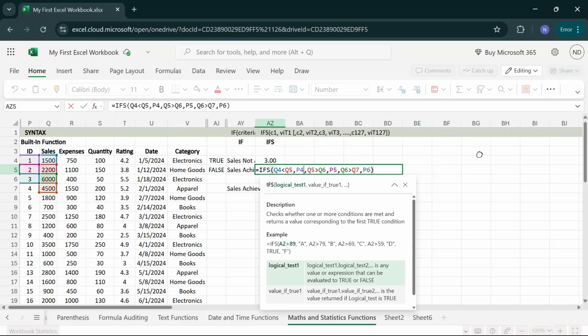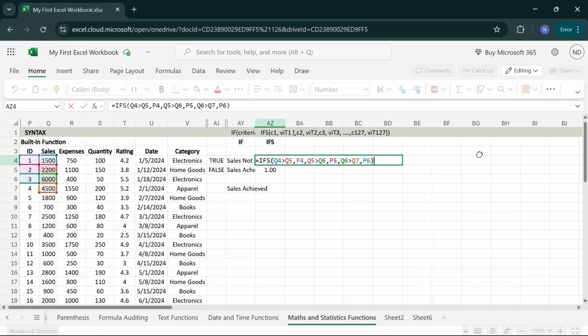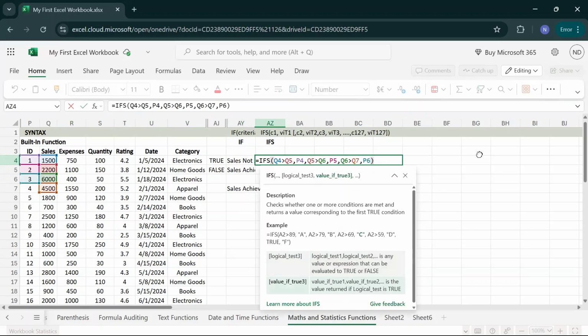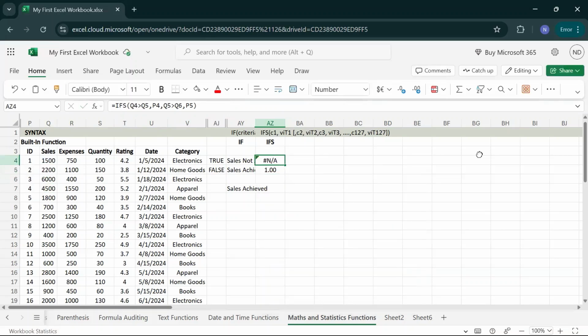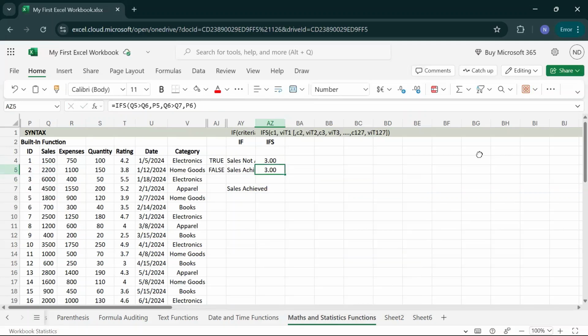So if I change these formulas to 1 again, make it less than everywhere, so that none of your criteria are met. So let me make it 3,000. Yeah. Let me move this last condition. You will find you get an NA. I'll do it the other way around. Since the last condition was met, I'll just remove the last condition and you'll find